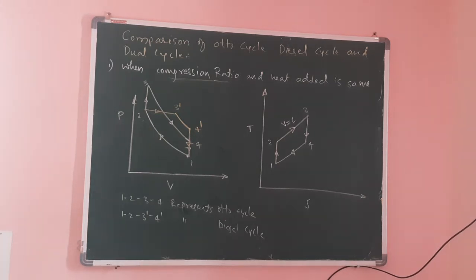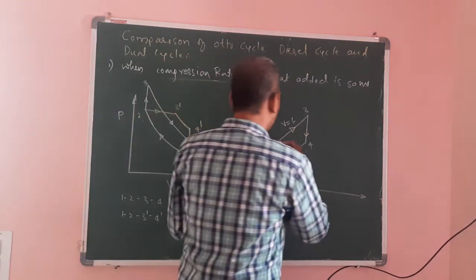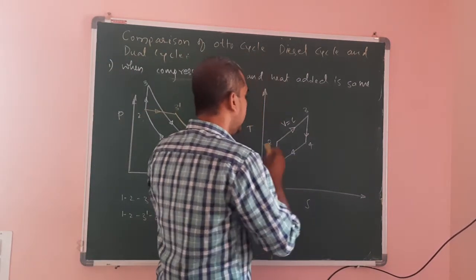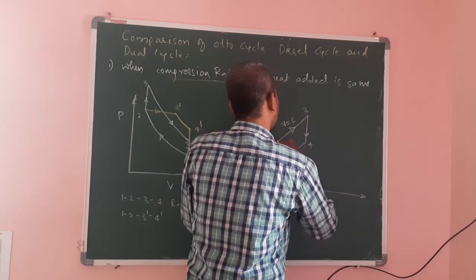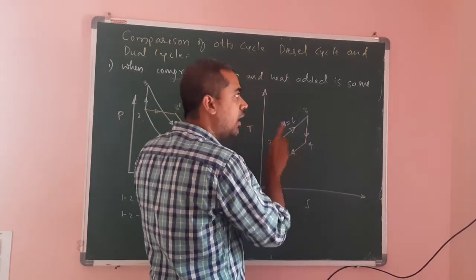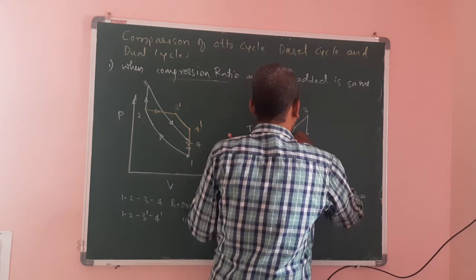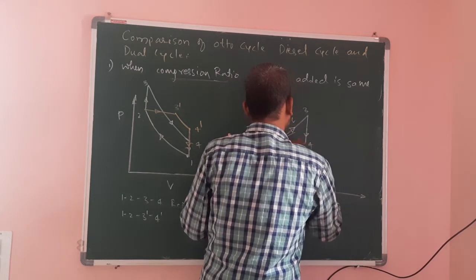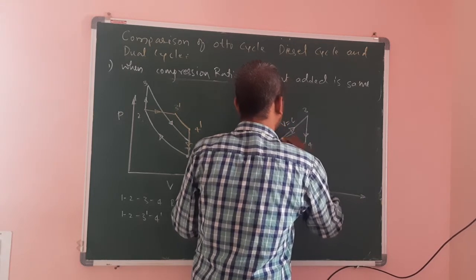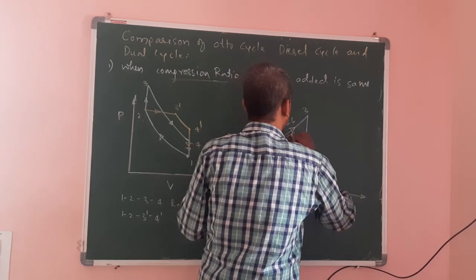Constant volume line is steeper, which means what? If you draw the constant pressure line, it will be below that of the constant volume line. It comes below this, because its slope is less. Like this is P equal to C. The constant pressure line P equal to C will be like this.